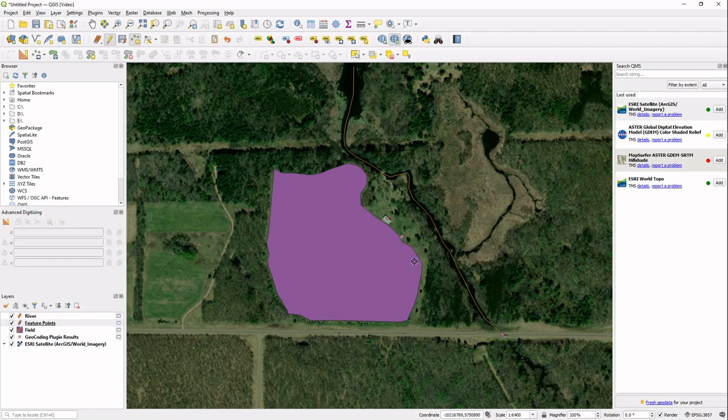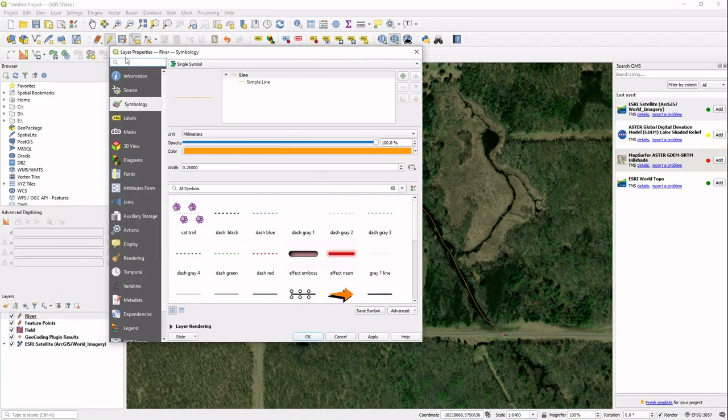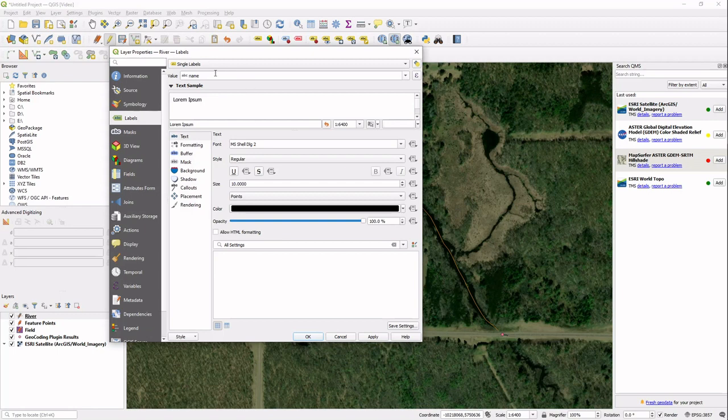But let's just take a little moment here to see what else we can do with this. Obviously the field, let's give each of these a label. So the river, let's go to the labels. So you double click on the layer and you come up with the layer properties. And then we're going to go to labels, and then we're going to add single labels. And then we're going to use the name feature from the 2 features that we named. We're going to use the name feature. Apply that,